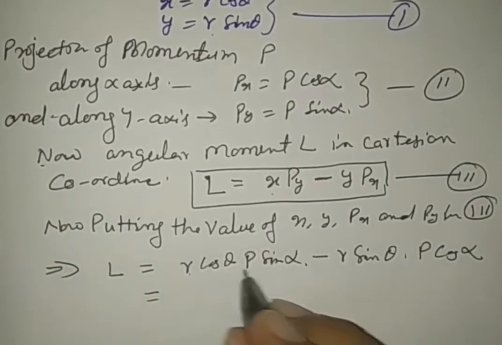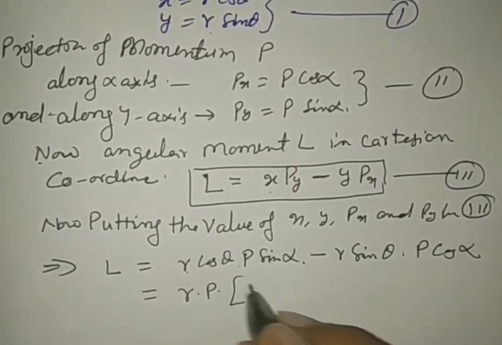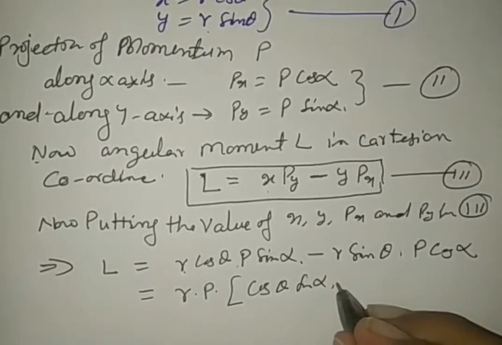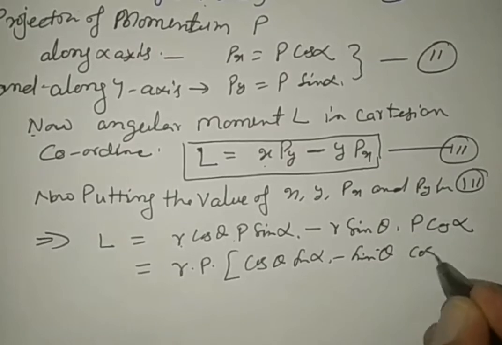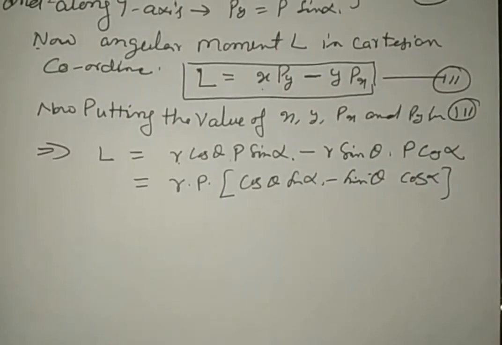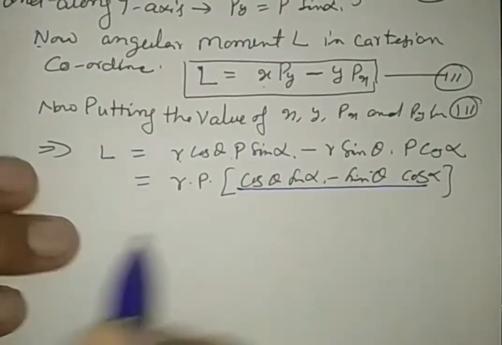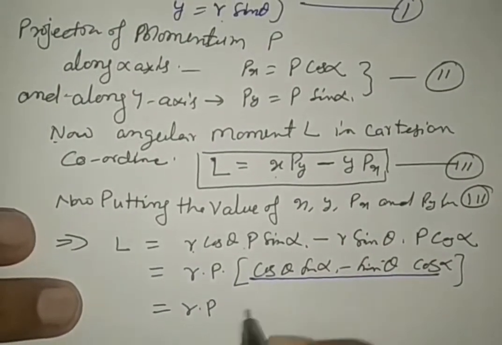Now see, rp, take it as common. It becomes cos theta sin alpha minus sin theta cos alpha. This whole expression can be written as rp times